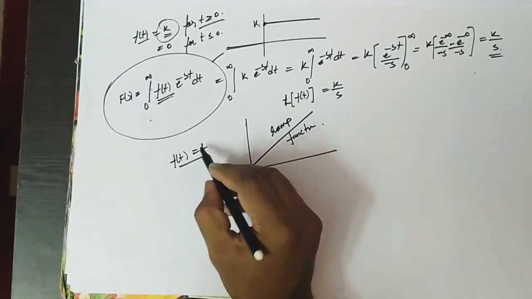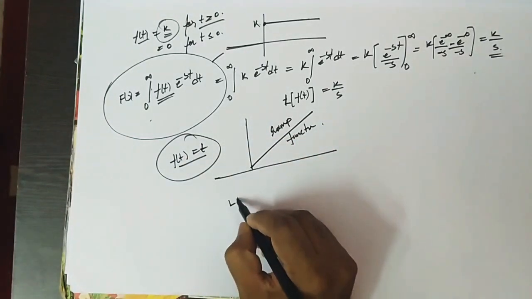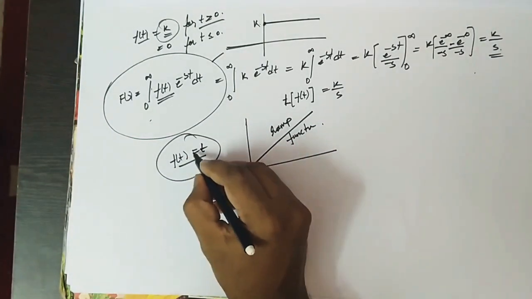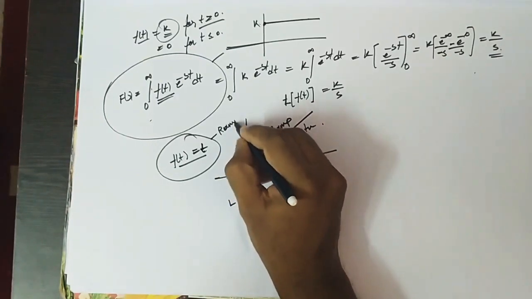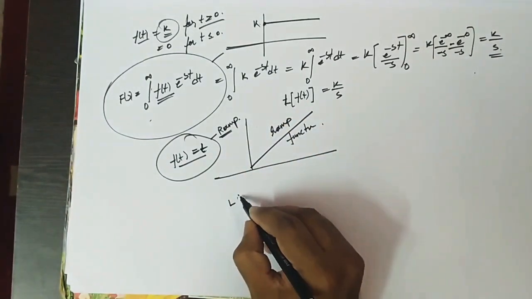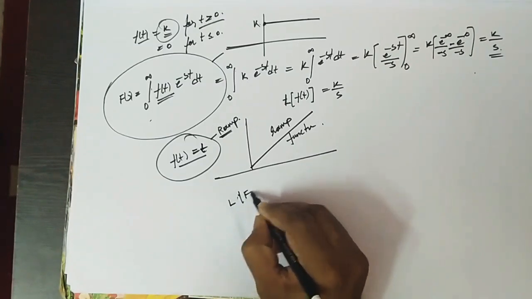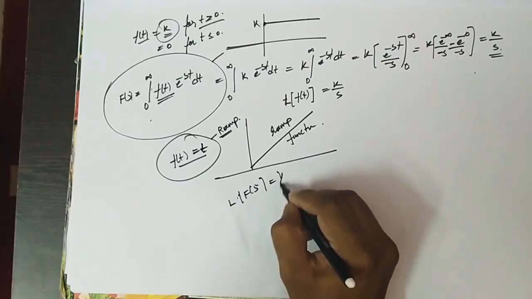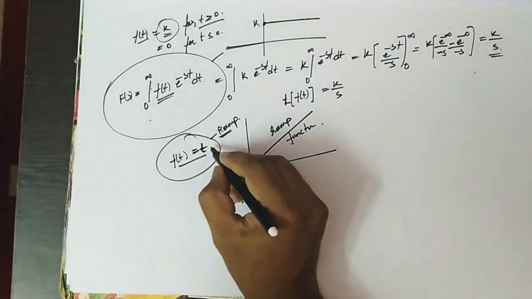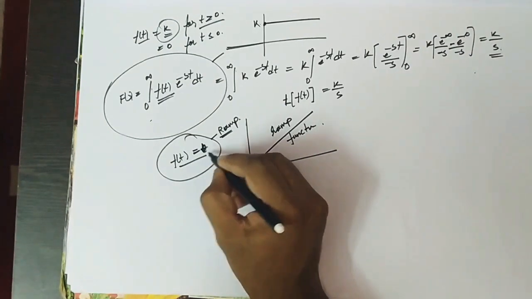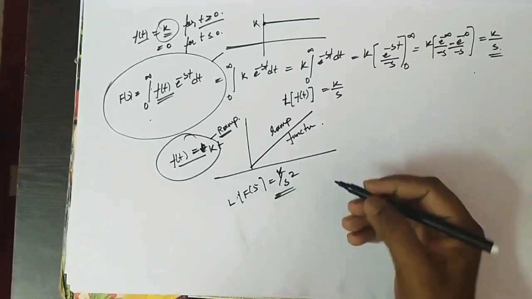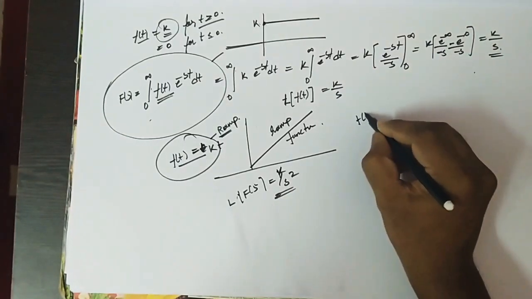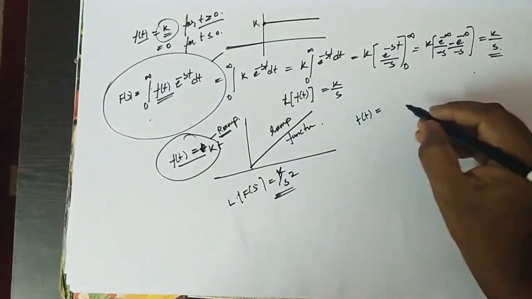So the Laplace of this function f of t equal to t, this is called ramp. The Laplace of this f of t is F of s equal to 1 by s square. If you have constant k times t, then it will have k by s square. Similarly, the Laplace transform of f of t equal to, instead of k,